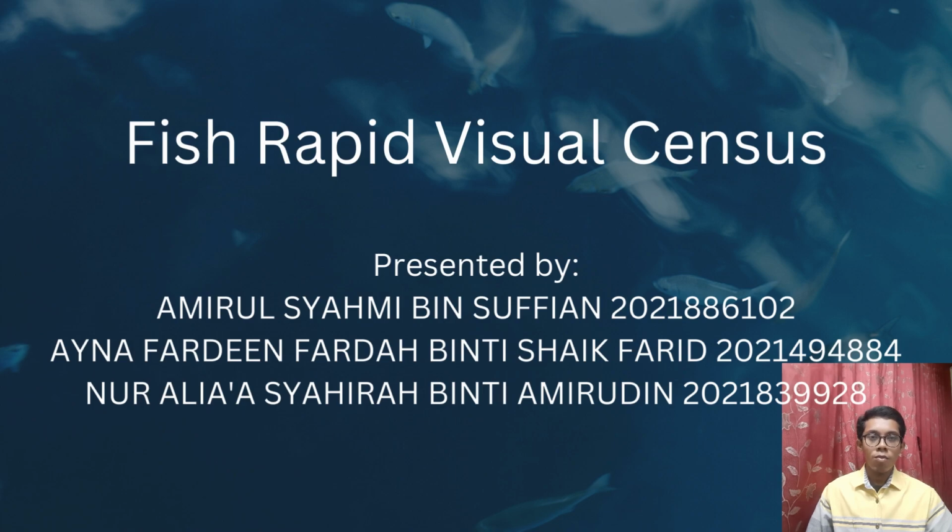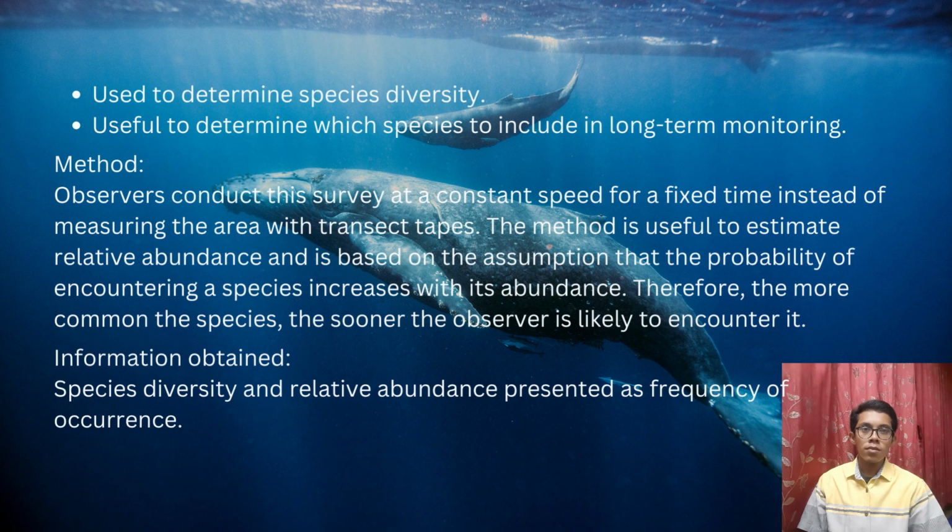My teammates and I will be presenting on fish rapid visual census. Fish rapid visual census is used to determine species diversity and also to determine which species to include in a long-term monitoring. In the method, the observer conducts this survey at a constant